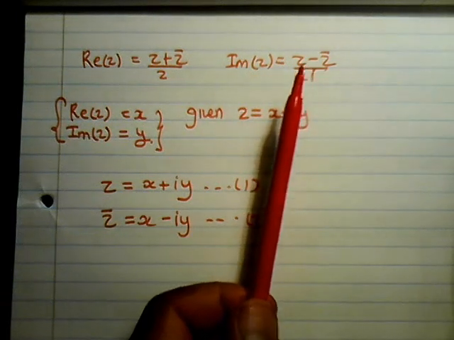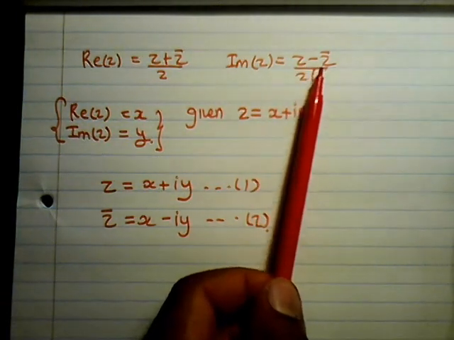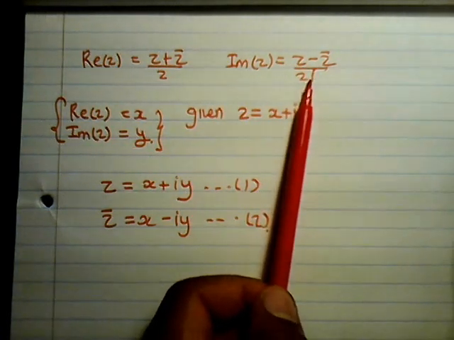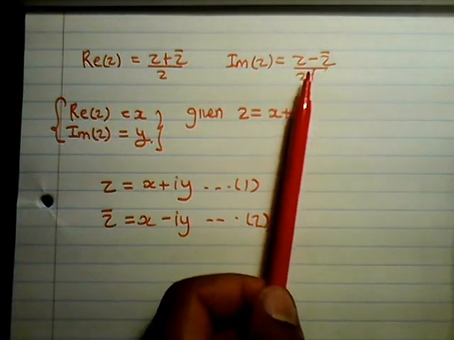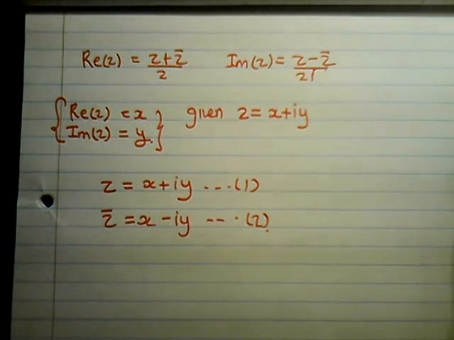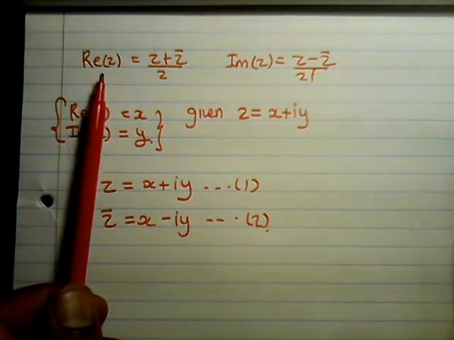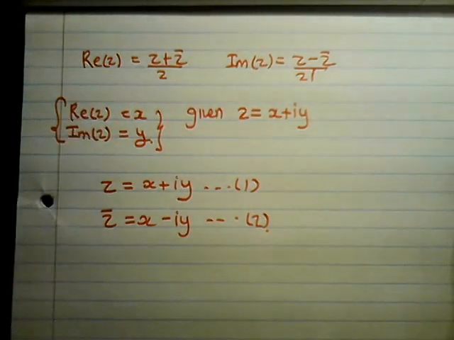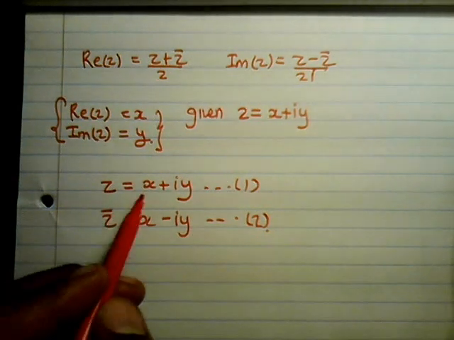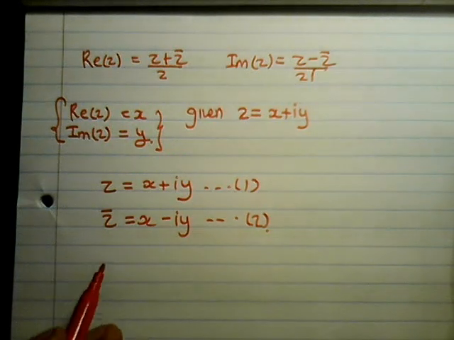And then here we see that Z bar has been subtracted from Z, and we divide by 2i. So for us to achieve this, I'm gonna first prove the real part of Z first. Well, let's add both sides, and then see what we're gonna get,